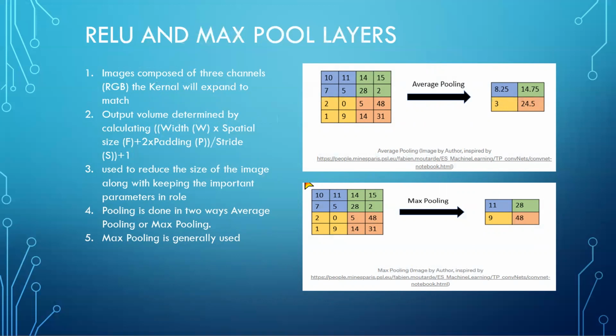The pooling layer replaces the output of the network at certain locations by deriving a summary statistic of the nearby outputs. This helps in reducing the spatial size of the representation, which in turn decreases the required amount of computation and weights. The pooling operation is processed on every slice of the representation individually. In average pooling, the average value from the pool size is taken. In max pooling, the max value from the pool size is taken. Pool size means the size of the filter of which the max value will be derived.